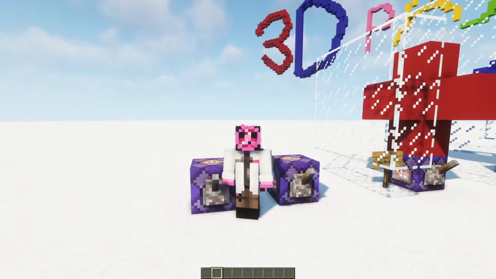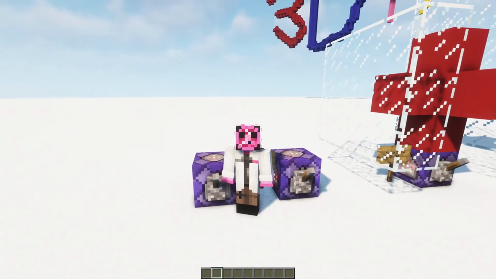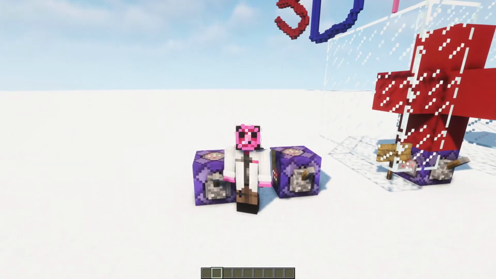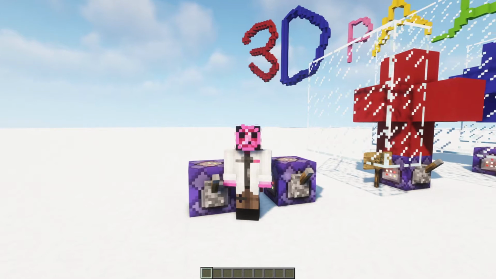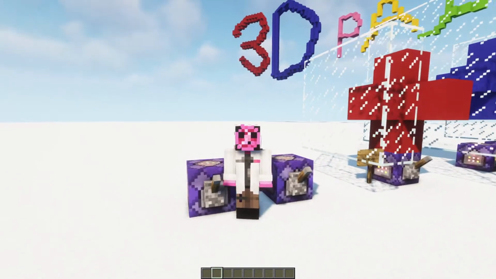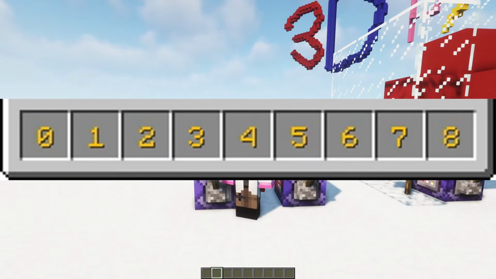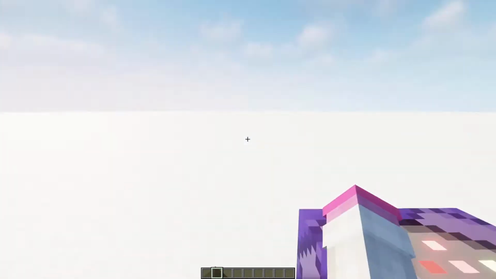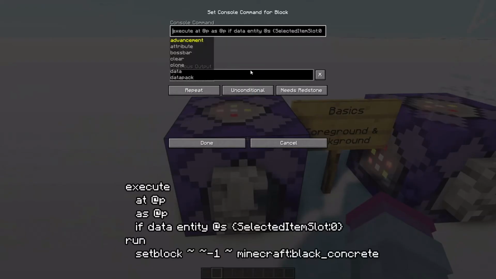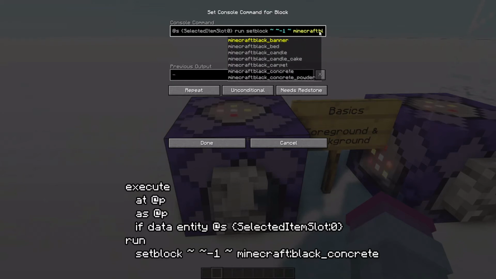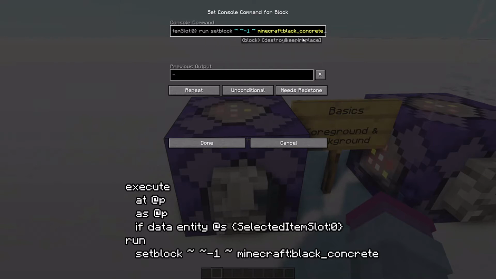The basics of this command are that your command blocks have the ability to detect which slot in your inventory is selected, which slot in your hotbar is selected. And so you have the ability to detect and control things based on changing your hotbar. So if I configure these to set blocks relative to me while I have, you'll see this is execute at me as me if data entity at s, which means myself, has a selected item slot of 0, then run